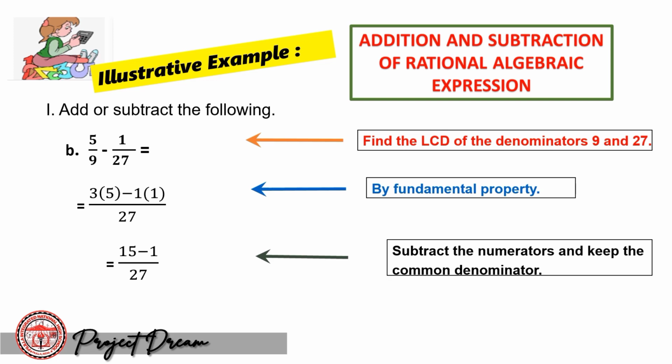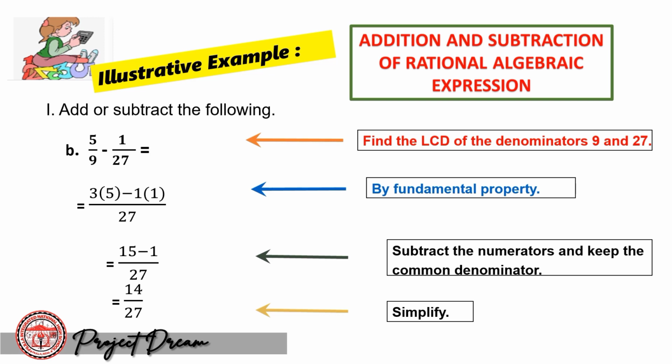Subtract the numerators and keep the common denominator. Subtracting 15 minus 1, you have 14 over 27. So this is now your final answer, since there is no common factor between